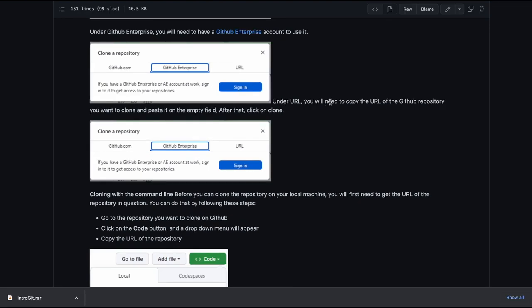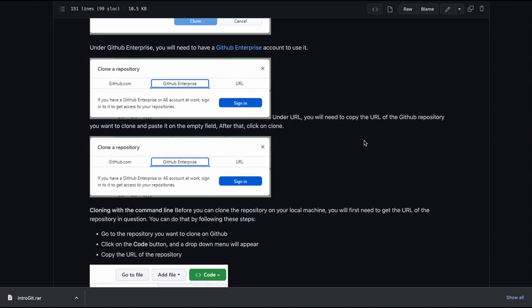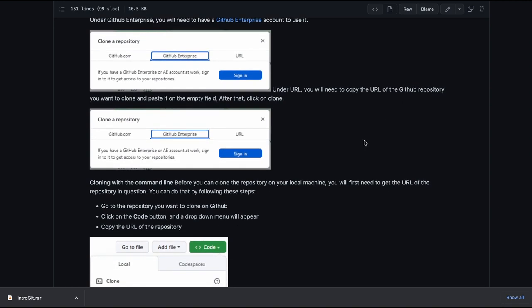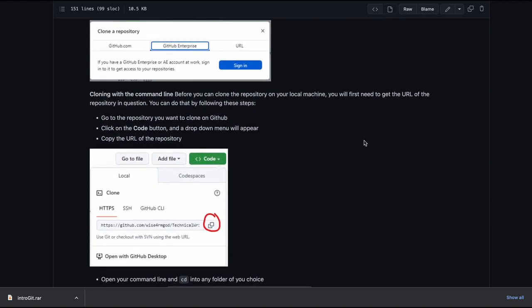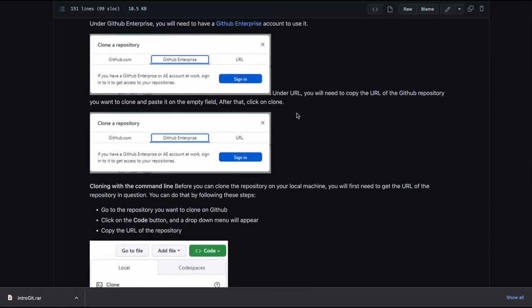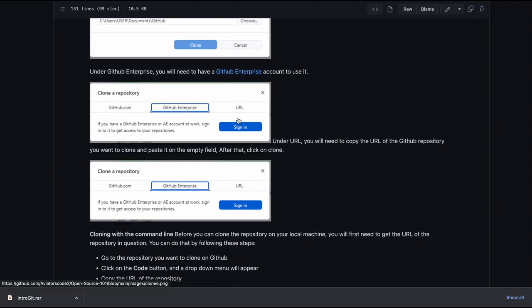Under URL, you will need to copy the URL of the GitHub repository you want to clone and paste it in the empty field. After that, click on Clone. Okay, cloning with... I didn't see it, I'm just seeing a repeated image of the GitHub Enterprise section. So add the image that will explain this last part.